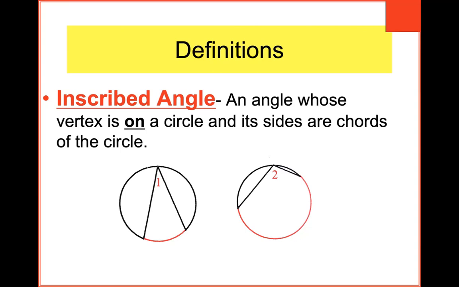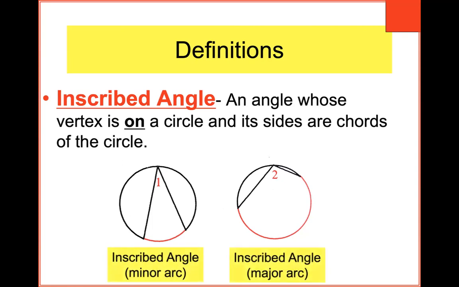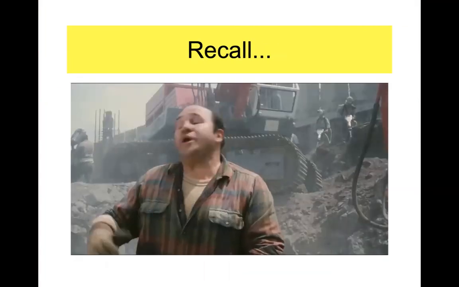Now, the so what for this is just like it is for a central angle. Inscribed angles actually describe arcs. The arc that's made by angle 1 is a minor arc, and the arc formed by angle 2 is a major arc, but both of them are arcs formed by inscribed angles. All right, also recall